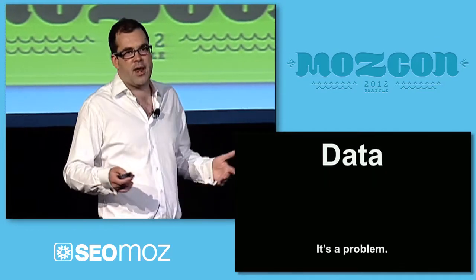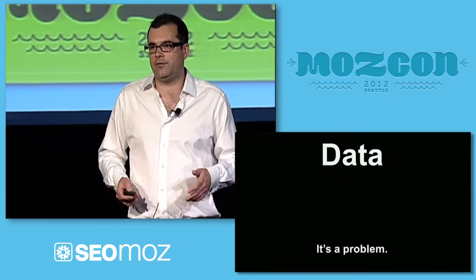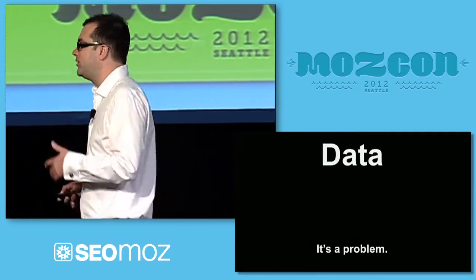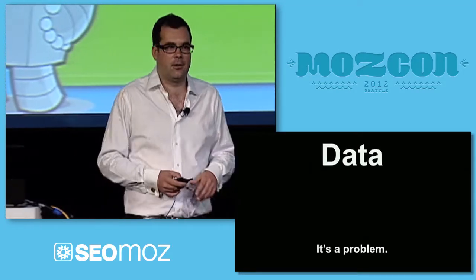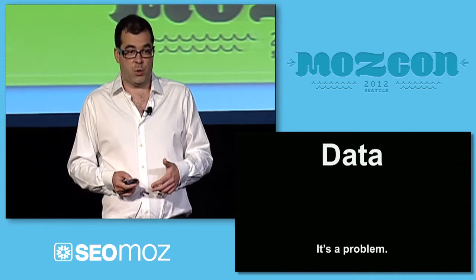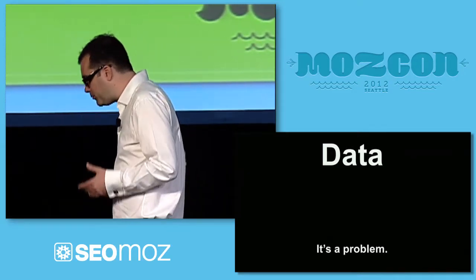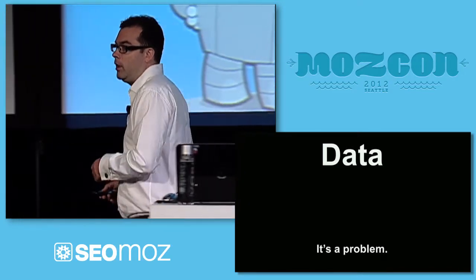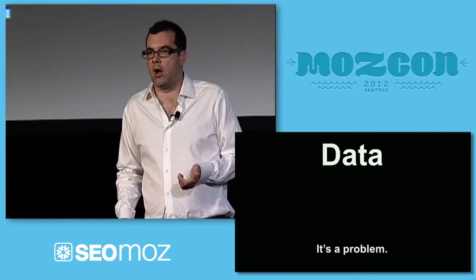So imagine that you spend half an hour a week just doing that one thing. Half an hour a week is 2 hours a month. 2 hours a month is 24 hours a year. And then imagine that you've got an SEO team of 20 people. That's like $300,000 worth of billable SEO consulting time that we're wasting. So I'm going to help you solve this problem.